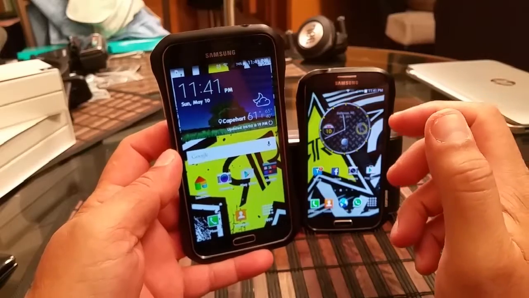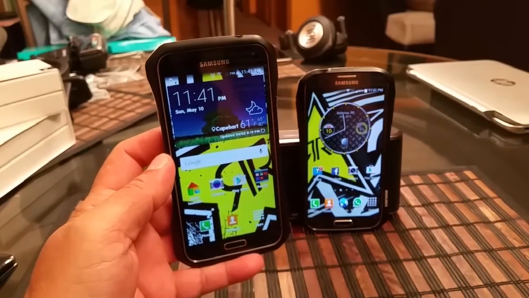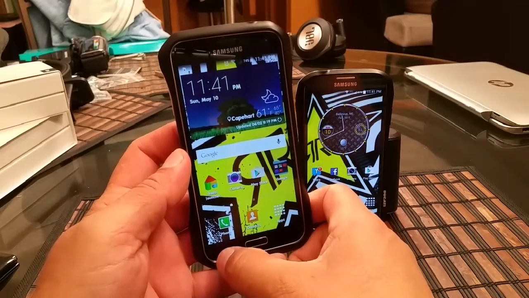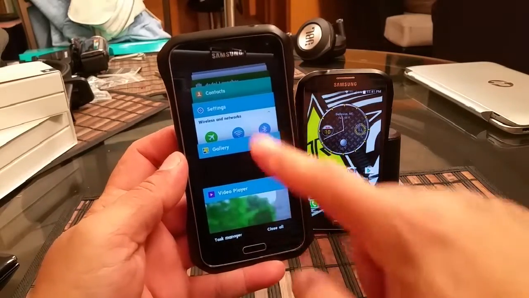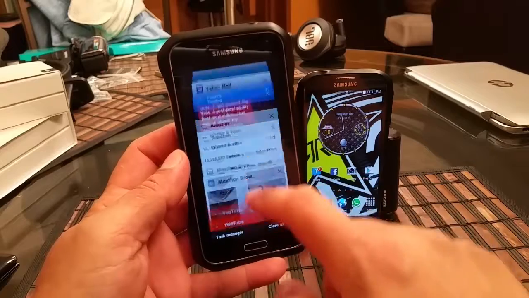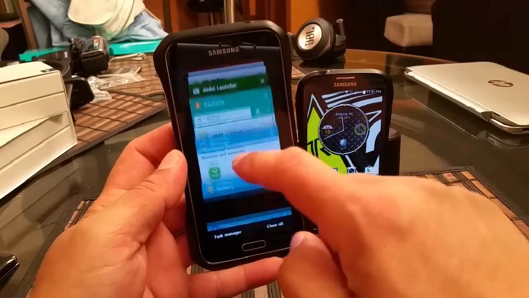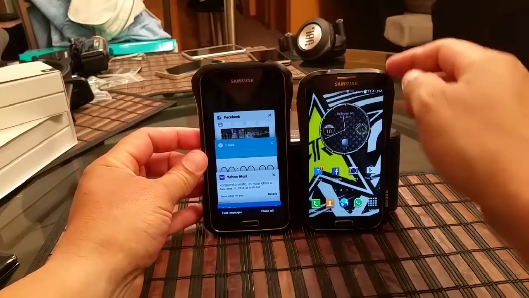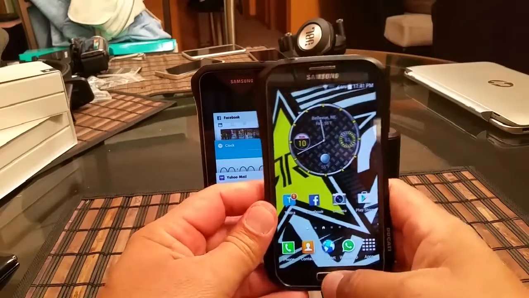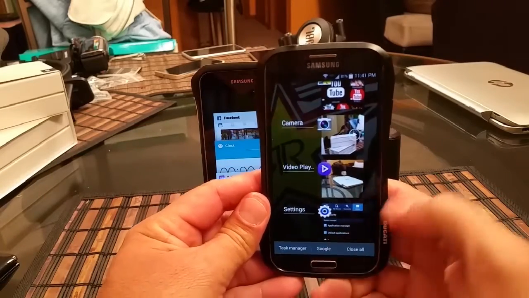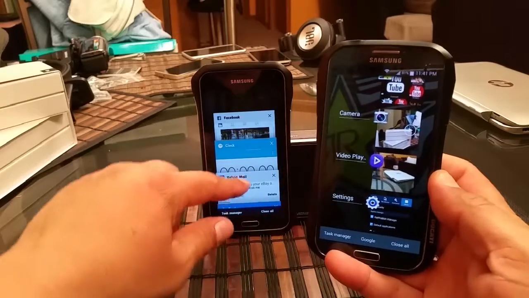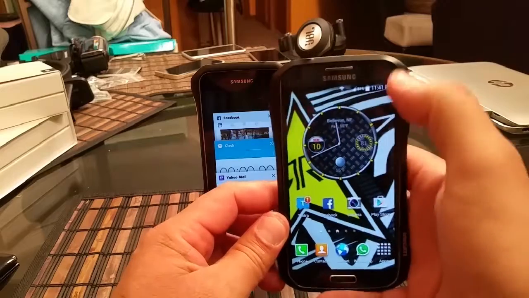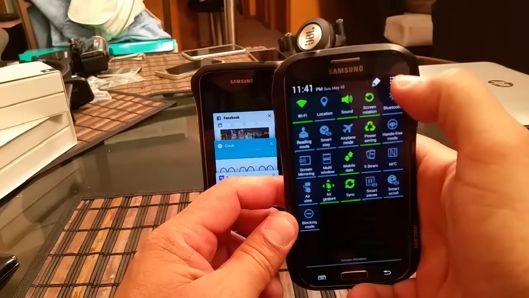Another thing that is going to change is a look at the recent applications. So right here on the S5, if we tap on the task manager, that's how they look like right now, and this is how they're gonna look like on the S4. Let me show you right here on the S4. If we access right here the task manager, that's how they look like. So that's gonna change and they're gonna look like this. So let's go ahead and start with the update here,